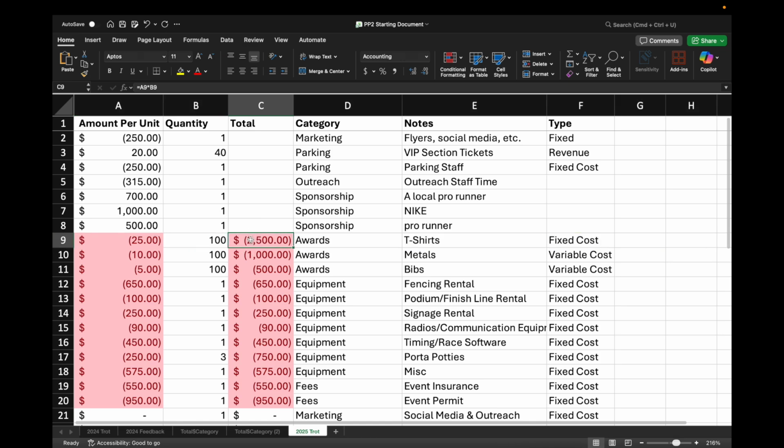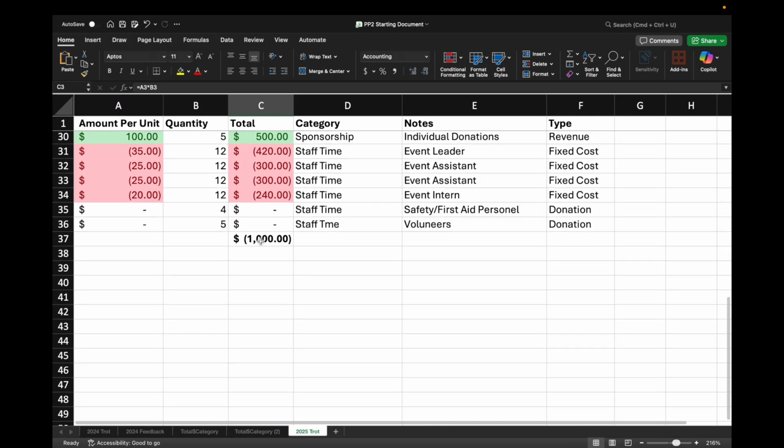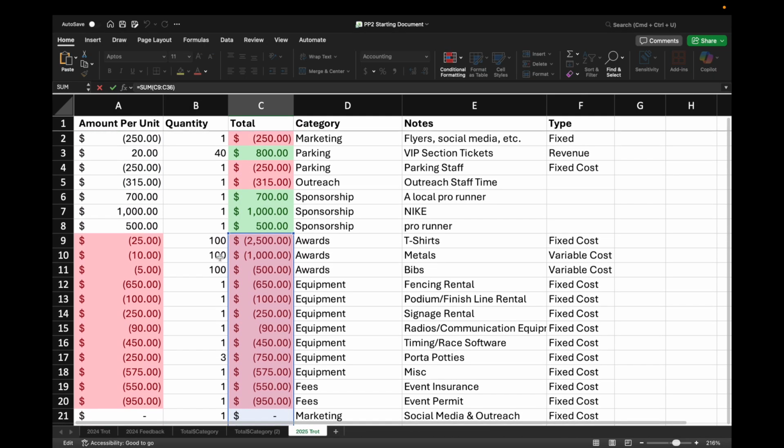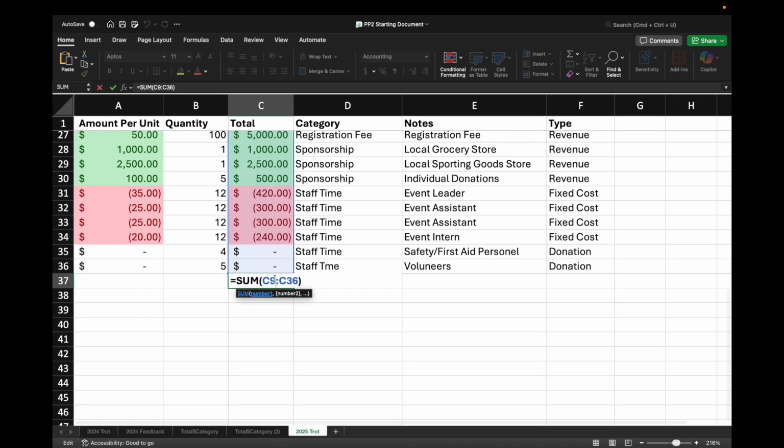From there, we can just copy these formulas, make sure that all of our math is adding up, making sure the formulas are pasted correctly, and then making sure that all of these cells are included in our formula. And then you can see where we're at from there and see if you need to make any adjustments.